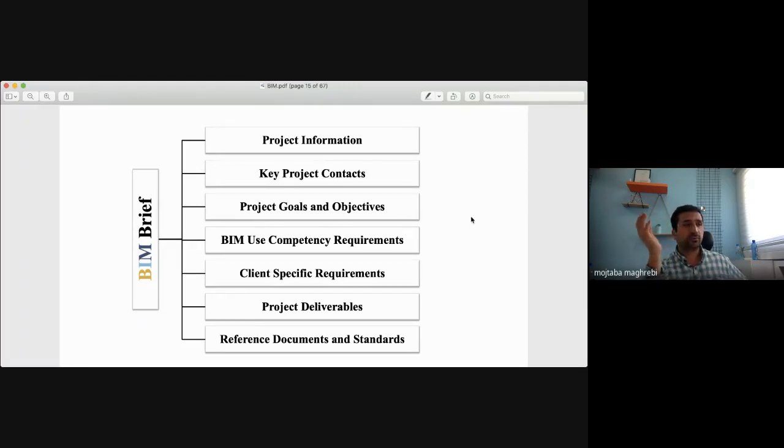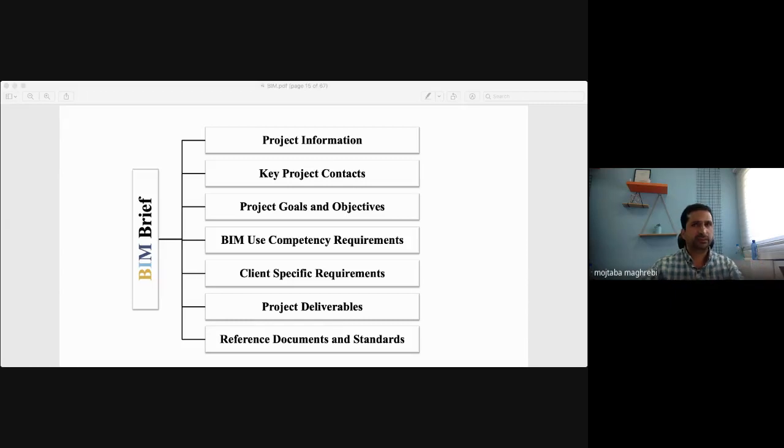They call it BIM Room. Later on, I will put it in the chat when I find the links. It's around 400 or 500 pages. So an LOD of 300 for walls looks like this: you need to include these elements in your walls to call it LOD 300 or 350. Let me find it on Google and provide it to you, to see how BIM standards look.